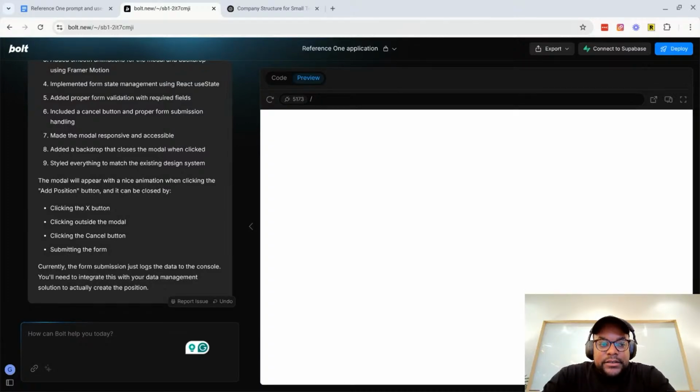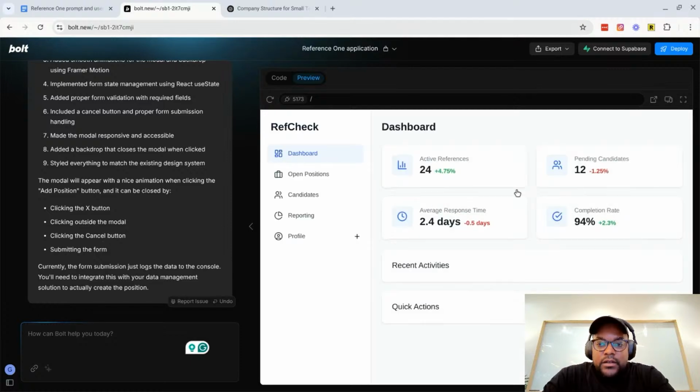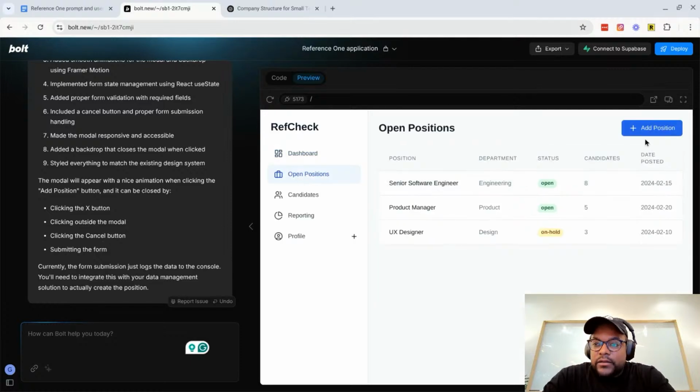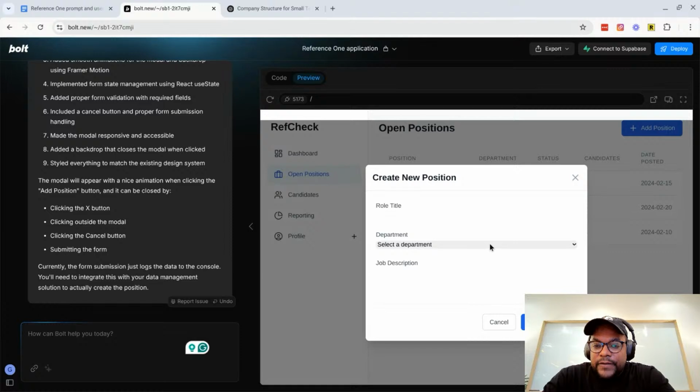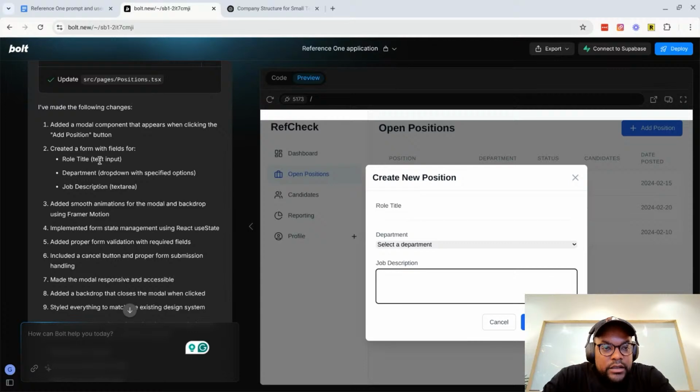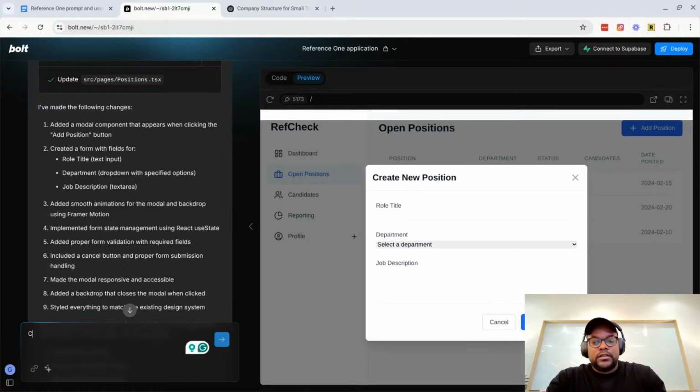Also, okay, clicking outside the modal, clicking the cancel button, submit the form. Okay, I'm not mad at what you said. I'm going to change that. Okay, I don't like, is this rich text? Okay, it looks ugly. So usually I'll just say, can you, if I'm trying to make the